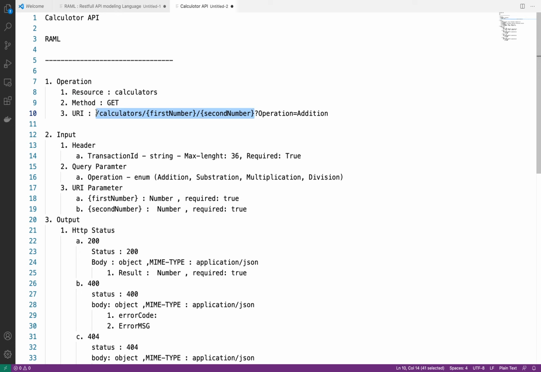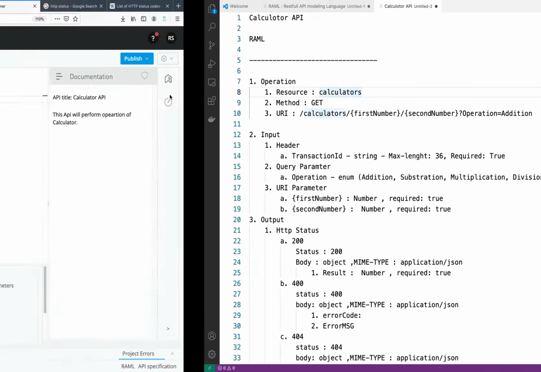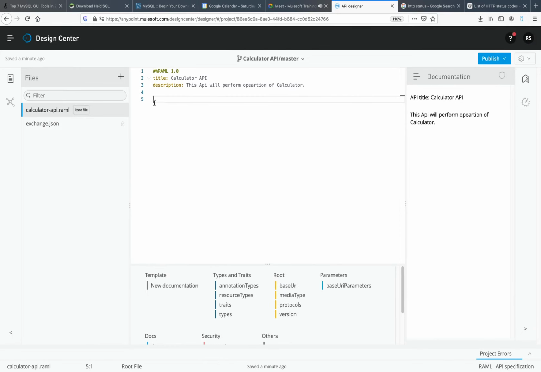So we will define first this resource, then these two URI parameters. Since inside URI parameter we pass input data, request data, that's why we are defining here, but this URI parameter is a nested resource. So whenever we discuss resource, we will start our YAML definition from resource.